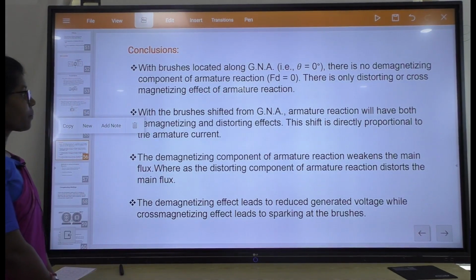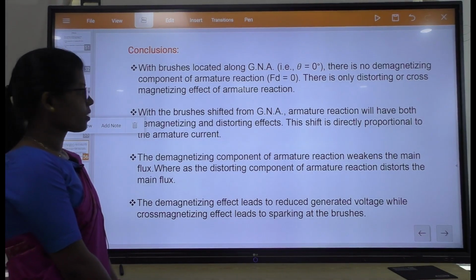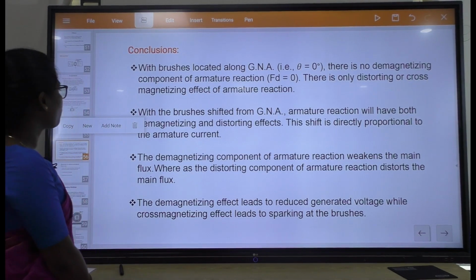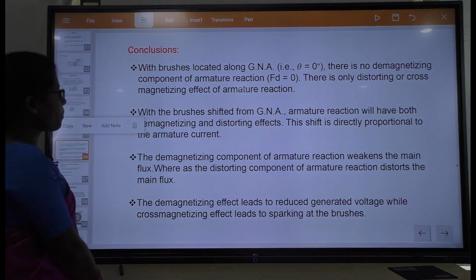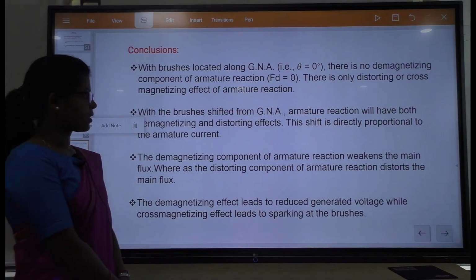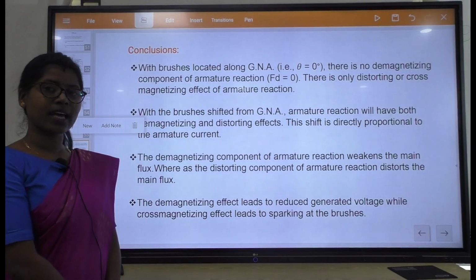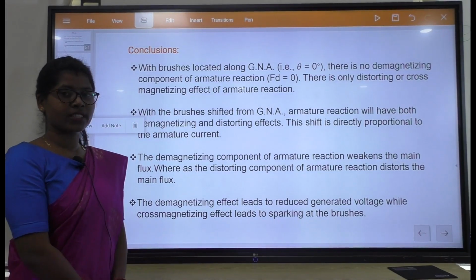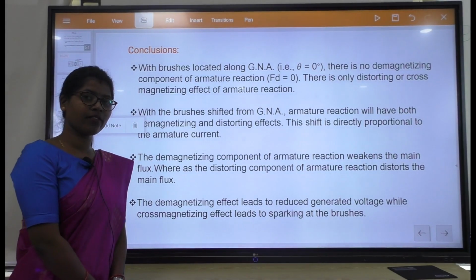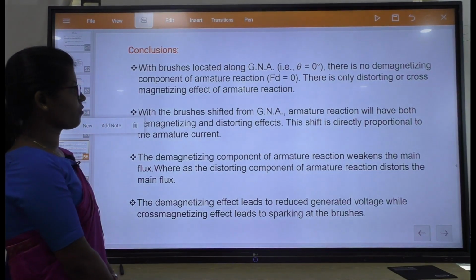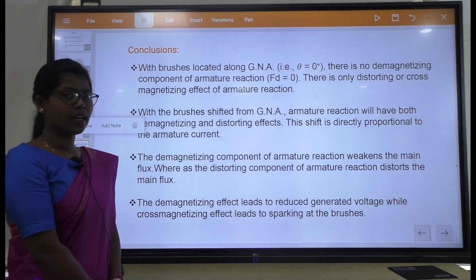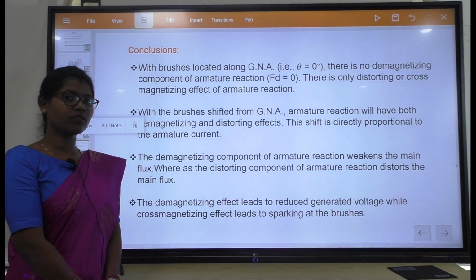And second, with the brushes shifted from GNA, the armature reaction will have both demagnetizing component and distorting components. When the brushes shift from the GNA, in that case armature reaction has two effects: one is demagnetizing effects, another is cross magnetizing effects, and that shift is directly proportional to the magnitude of armature